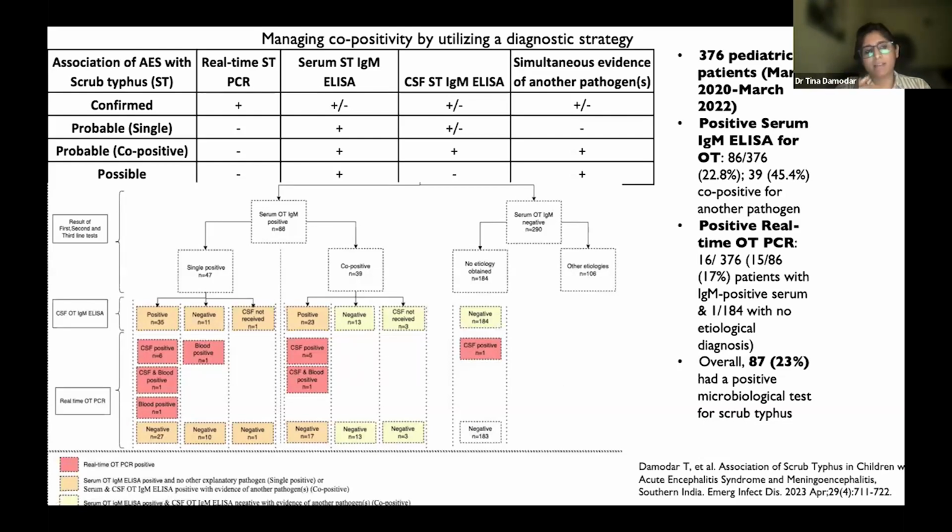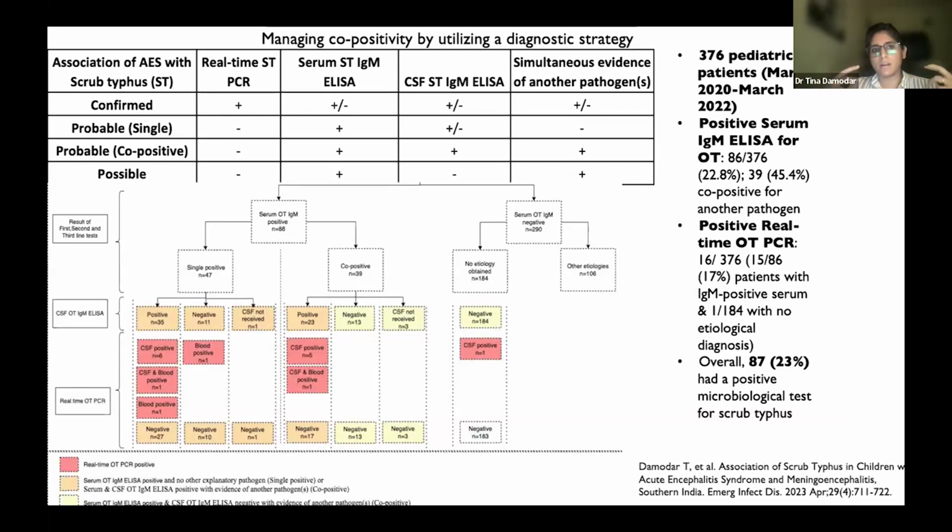If you remember the last slide, I spoke about multiple positives. 14% of the etiology was multiple positive. And this is one of the challenges we've observed in our study. We have so many combinations: scrub typhus, dengue; scrub typhus, chikungunya; dengue. We really can't make sense of what it is. Is it really dengue? Is it really scrub typhus?